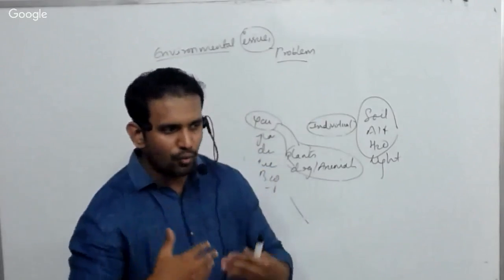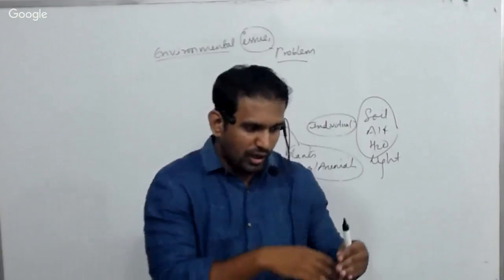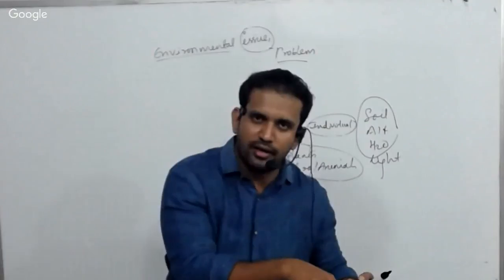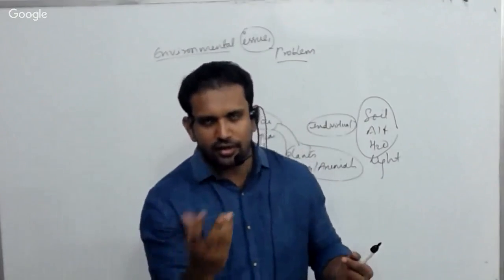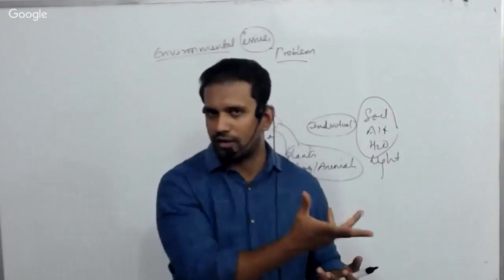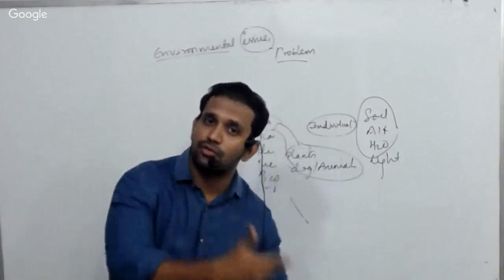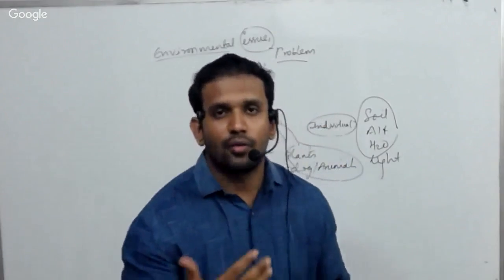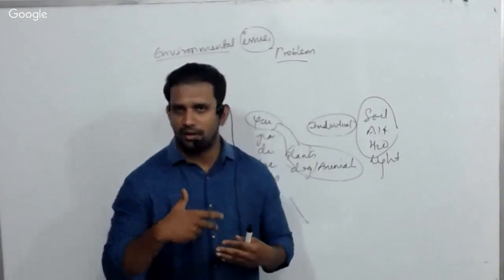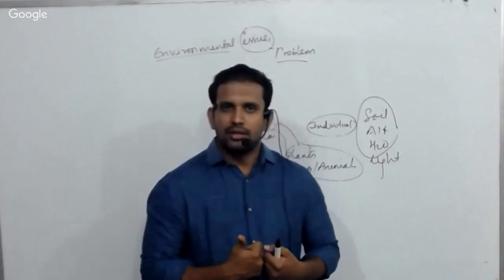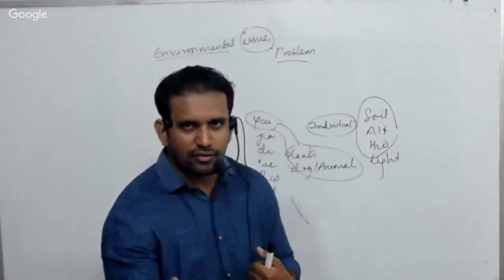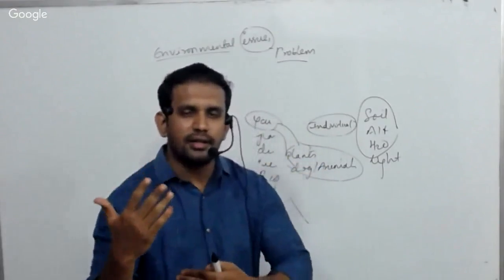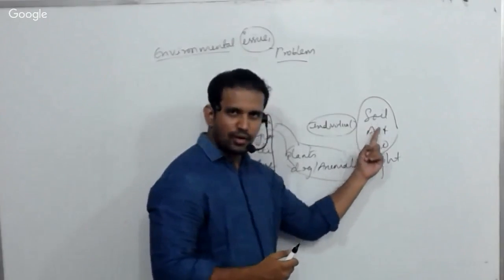We interact with the environment. We also interact with the soil, right? We till the soil, we plough the soil, we plant a crop, and we get grain, or a flower, or a fruit, whatever crop you are growing. We interact with the water too. How? By establishing power projects. The electricity generated from water is called hydel power. So we continuously interact with all these non-living things.